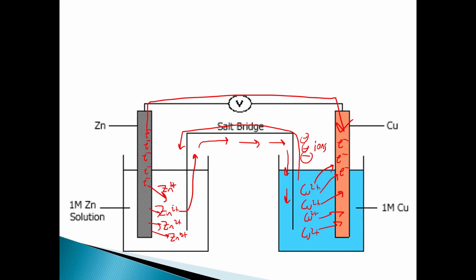There we go. And part of the reason for that is, again, because the electrons are leaving the anode, so the anode is actually becoming slightly more positive. The electrons are heading towards the cathode, so the cathode is becoming slightly more negative, and that's going to push away these negative ions through the salt bridge out this way. Okay. All right. So as a recap,